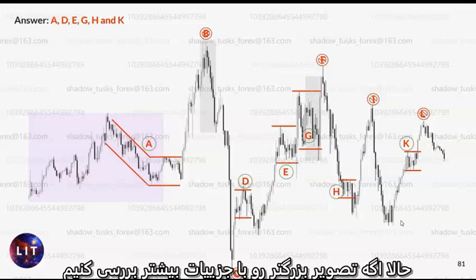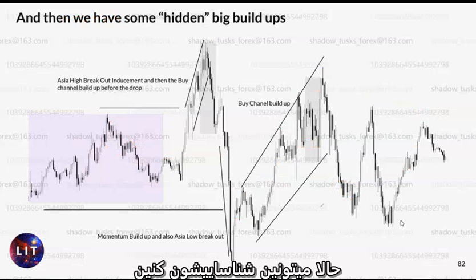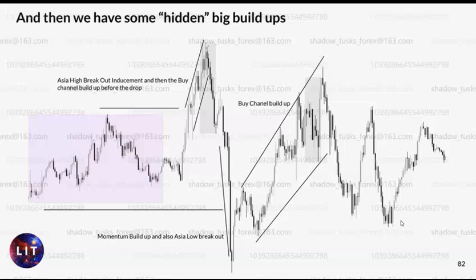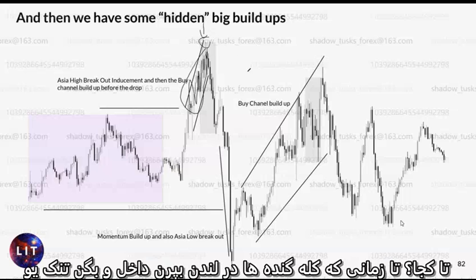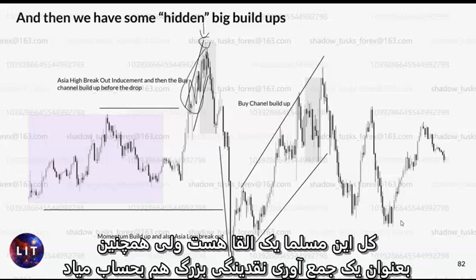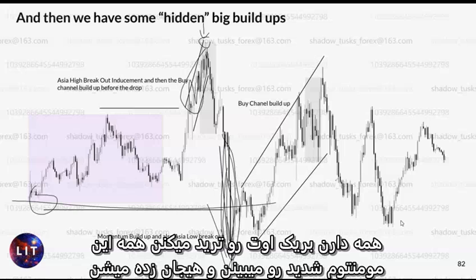And guess what? Now if you look at the bigger picture, now we look at the detailed picture, but guess what? If you take a look at some hidden buildups, can you identify that already? That thing by itself is a buildup building the channel until what? Until the big guys jump in London and say thank you. This overall thing is of course an inducement, but also acts as a huge liquidity grab because everyone gets excited, break of average low, everyone's taking a breakout trade, everyone sees the huge momentum, getting excited, whatsoever.